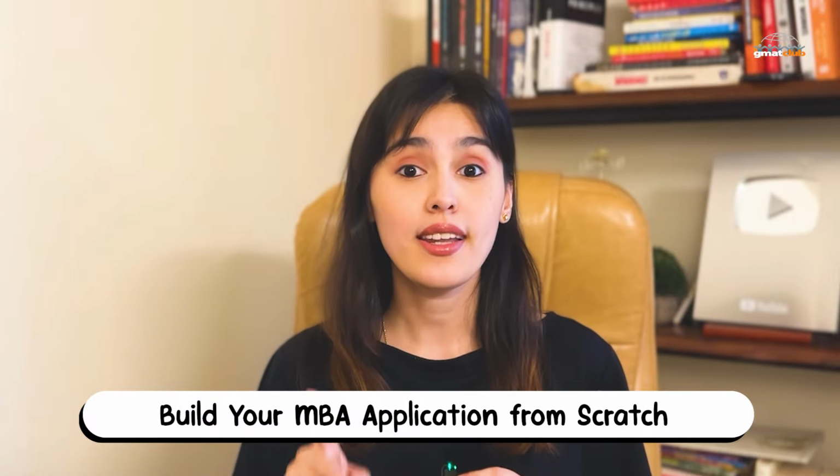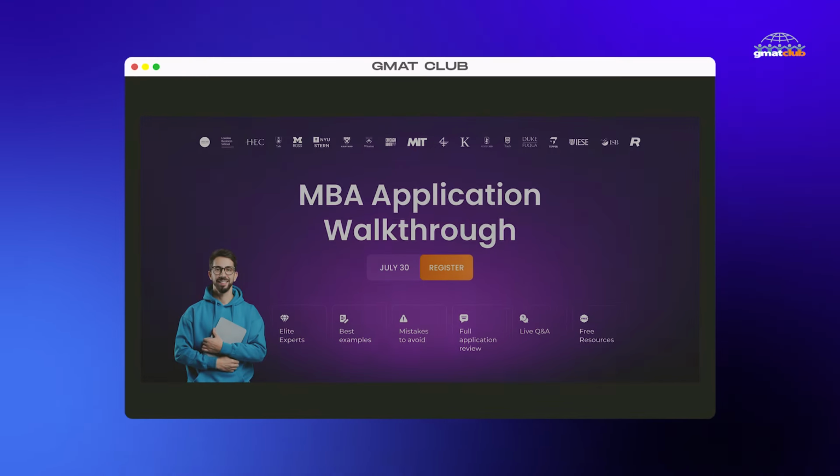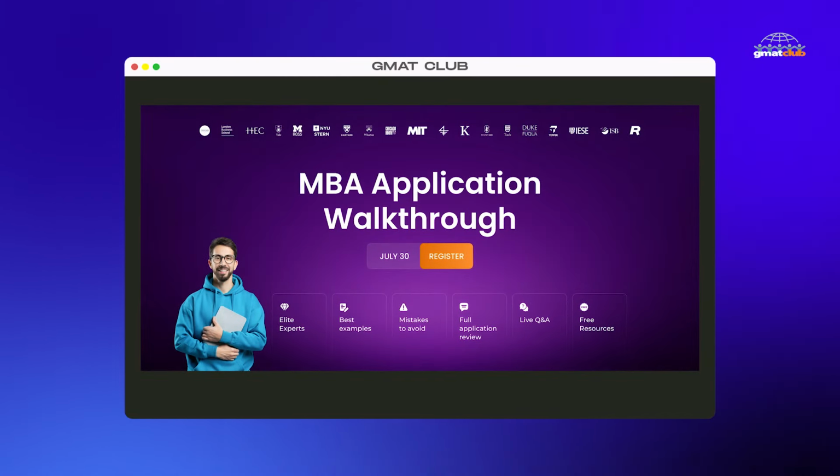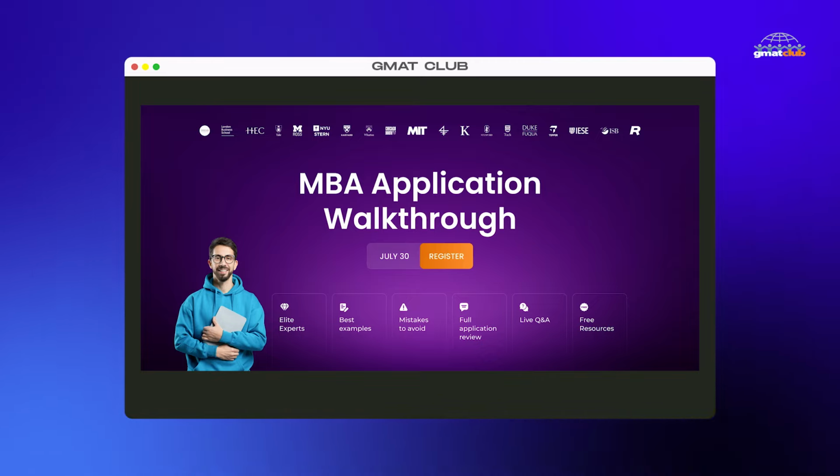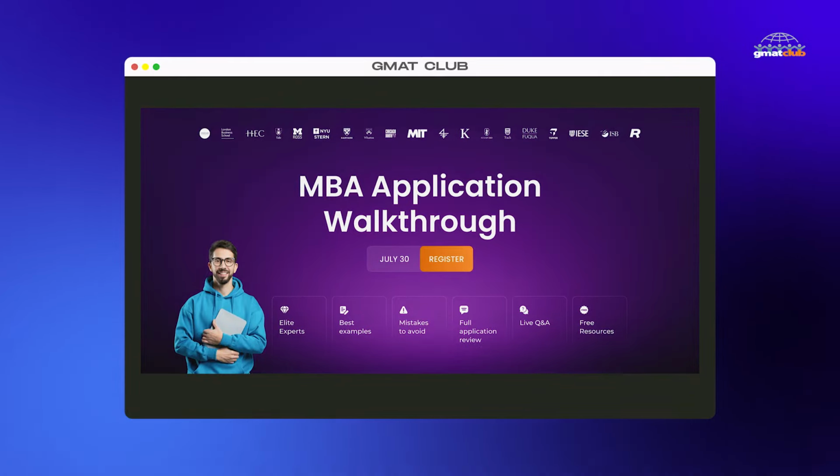If you're applying to business schools this year, this is the one event you cannot afford to miss. GMAT Club is hosting the MBA Application Walkthrough, a free virtual event on July 30th where top admissions experts will walk you through each part of the application, from test waivers to essays, LORs, and resumes. You'll get to engage directly with admissions teams from Stanford, Yale, Ross, Tuck, Fuqua, CMU Tepper, Rotman, and more,